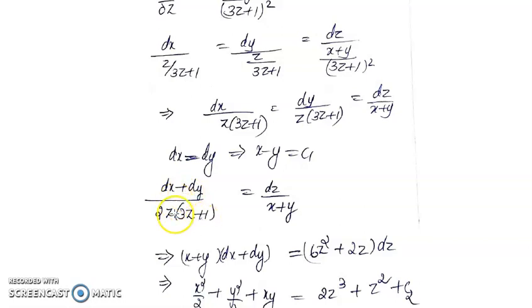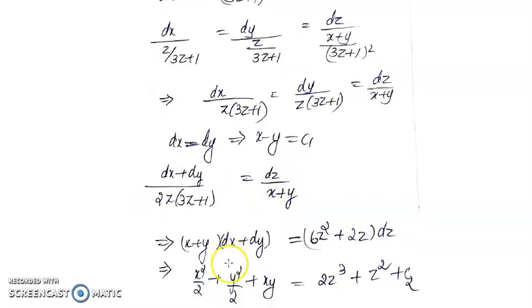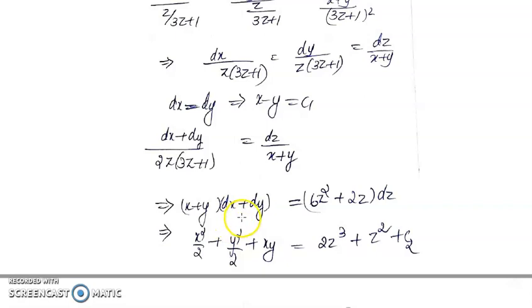So in the denominator you will get 2z(3z plus 1) equal to dz by x plus y. So cross multiply. So you are going to get (x plus y) into (dx plus dy) equal to (6z square plus 2z) dz. So on integrating you are going to get x square by 2 plus